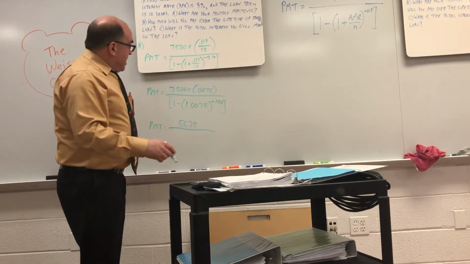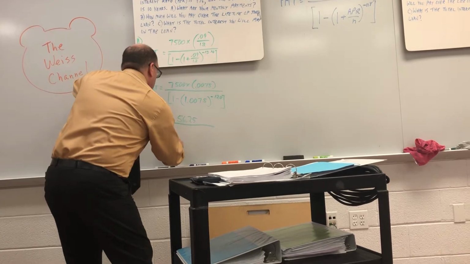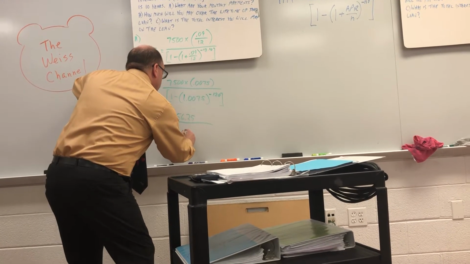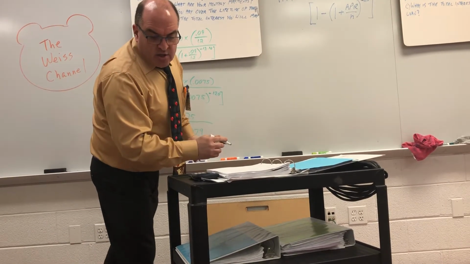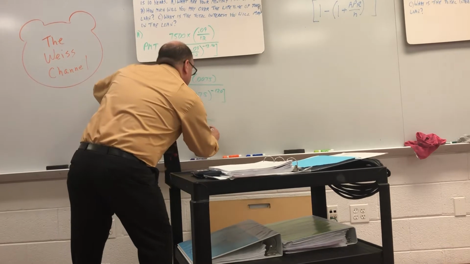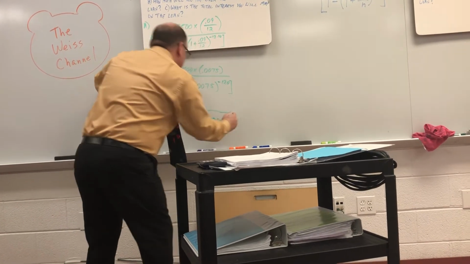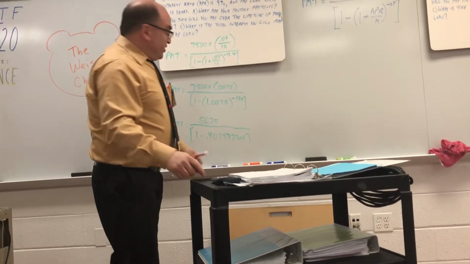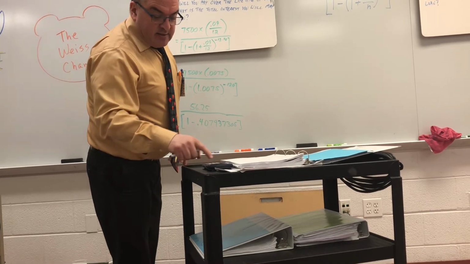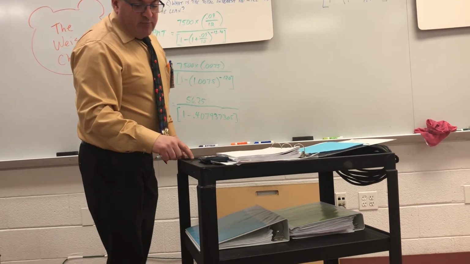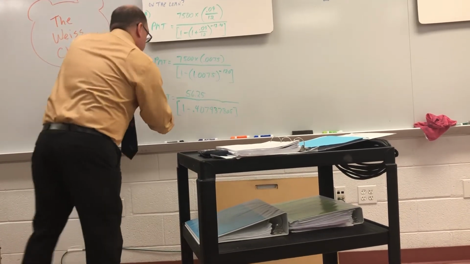Now, I'm going to do 1 minus 0.4079. What's nice on my calculator is I can just hit 1 minus and the answer. 1 minus that number gives me 0.59206. So now I have the payment is